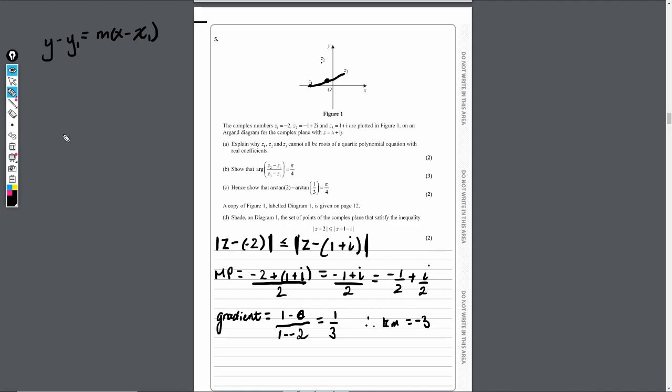So it's going to be y minus a half. That's going to be equal to -3, our gradient is -3, x minus x1, which would be minus a half, so that'd be plus a half. Okay, so that's that. Now we just simplify all this, so I've got y minus a half still, minus 3x,